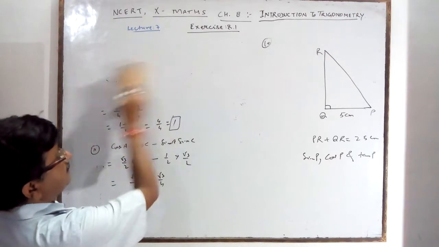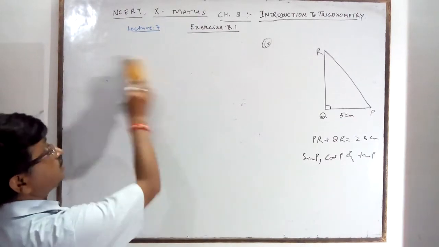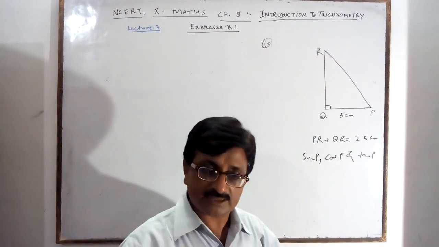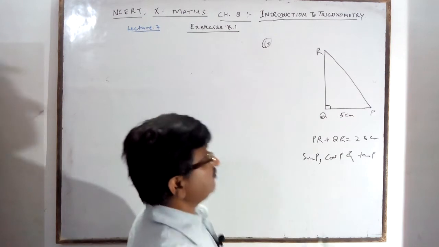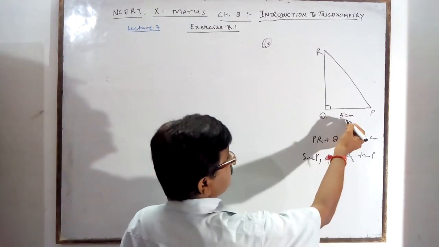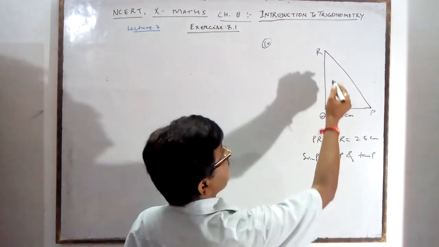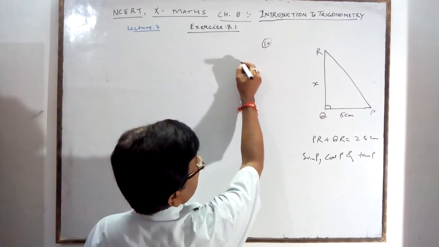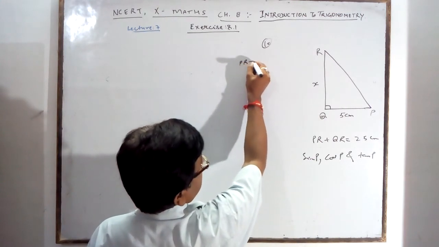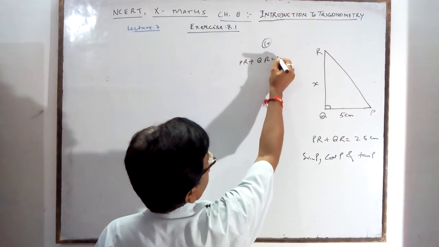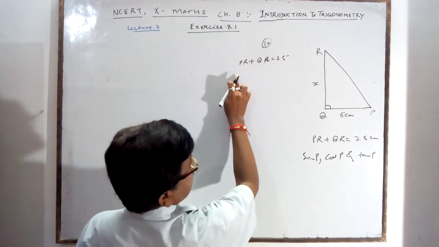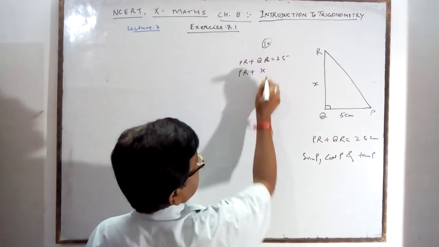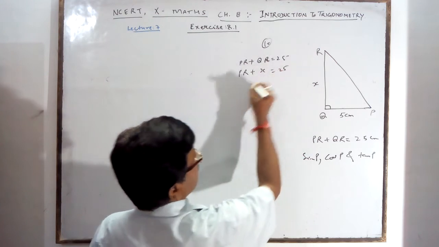First of all, for this question, you think about the values. You want sin, cos, tan, it means you want the P, B, H. What will you do for the PBH? First of all, you check PR plus QR is given. So if it is X, according to this, I have told you one example also. PR plus QR is equal to 25. So I am taking X is equal to 25. So what is the PR?